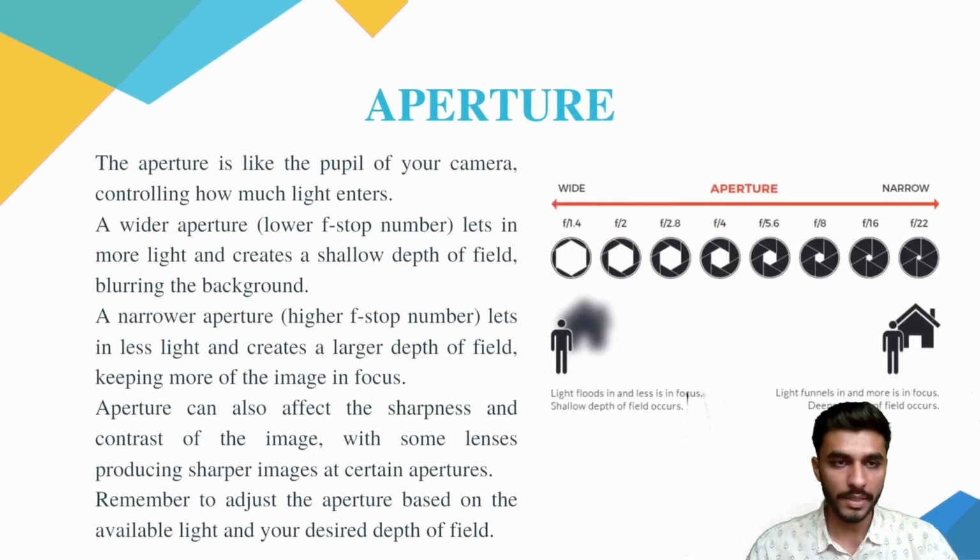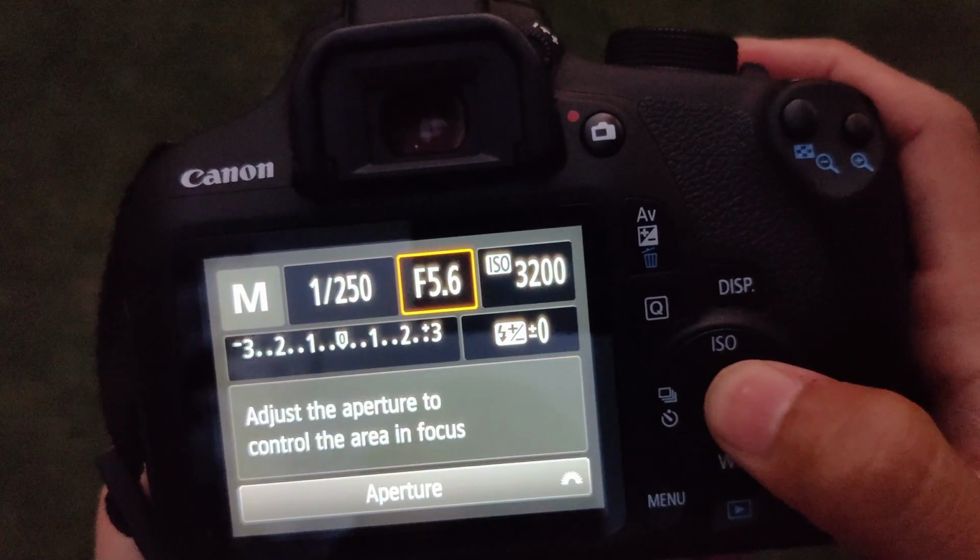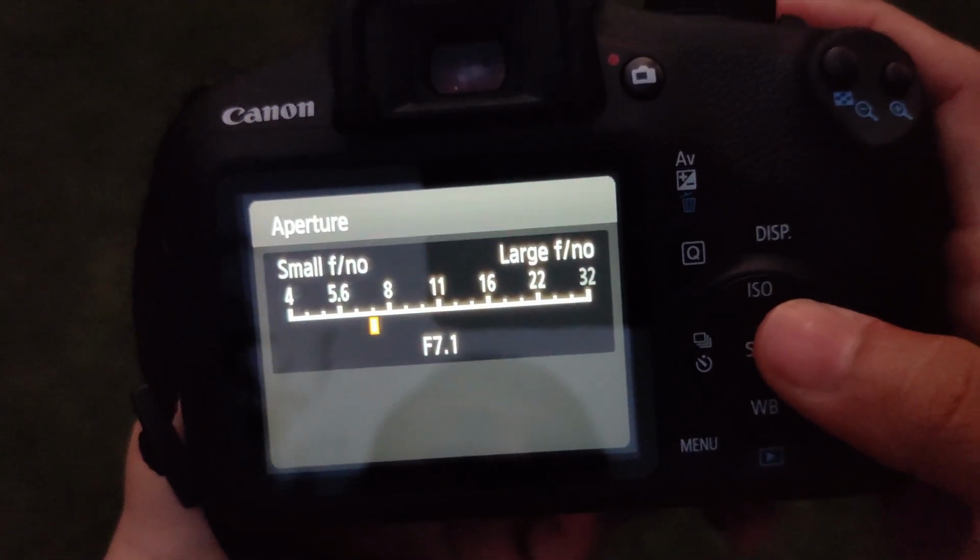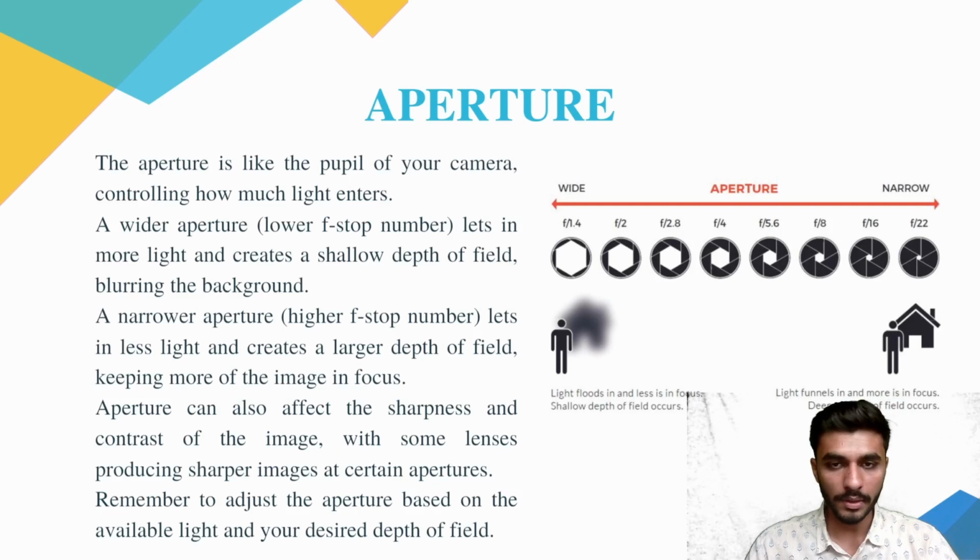The first is aperture. Aperture is like the pupil of your camera, controlling how much light enters. A wide aperture, a lower f-stop number, lets in more light and creates a shallow depth of field, blurring the background. Here, the aperture is wider, and as you can see, the object closer to the lens is clearer than the